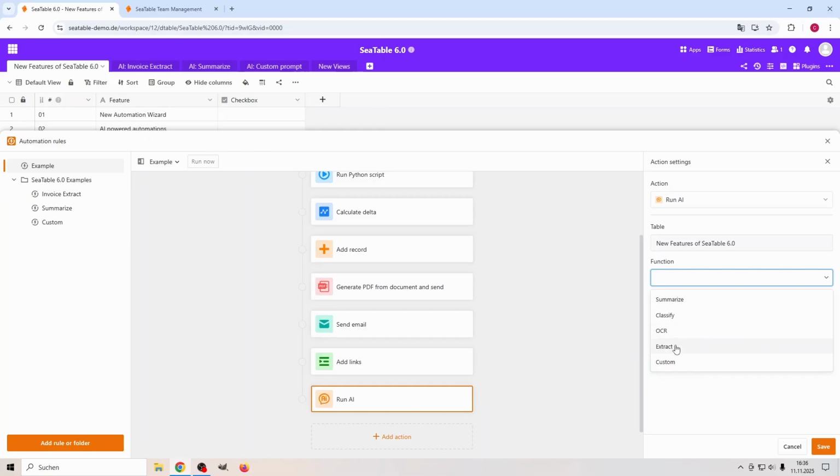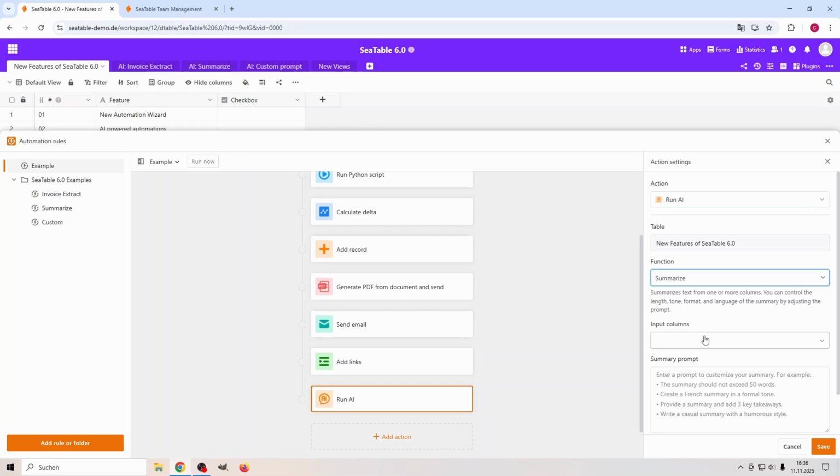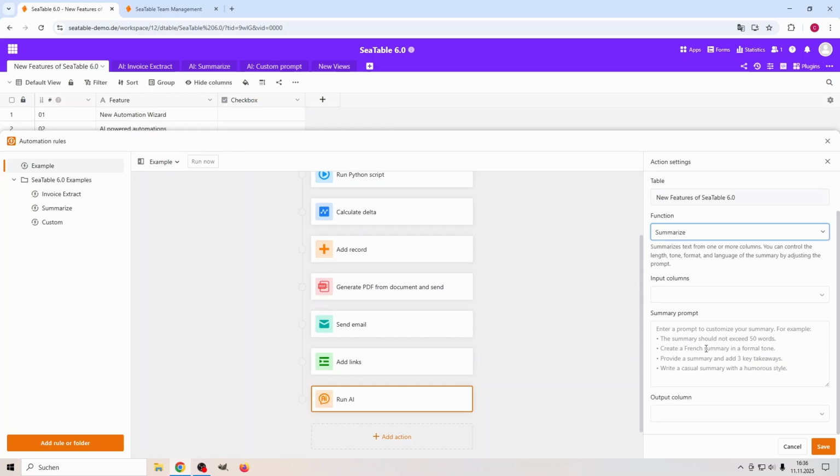That means we have predefined functions where you don't have to really prompt. You can just select, most of the time, an input column or input columns and then the output column, and then you just execute the automation and the AI will just do the rest. So that means, let me shortly explain, summarize, well, it takes